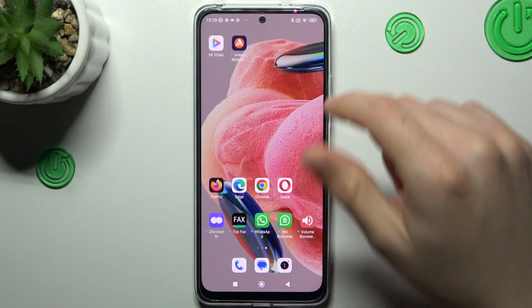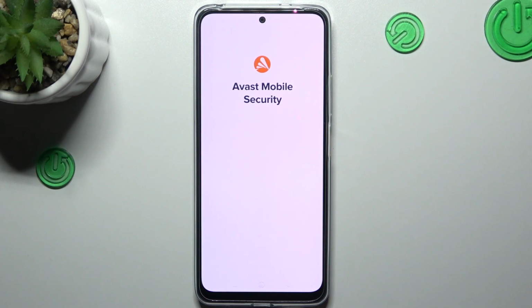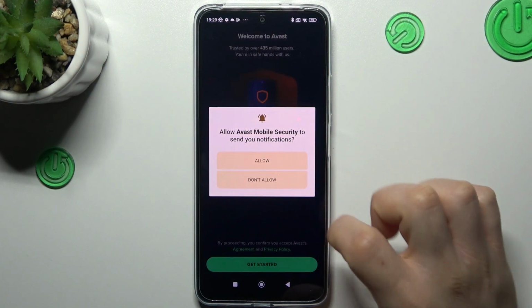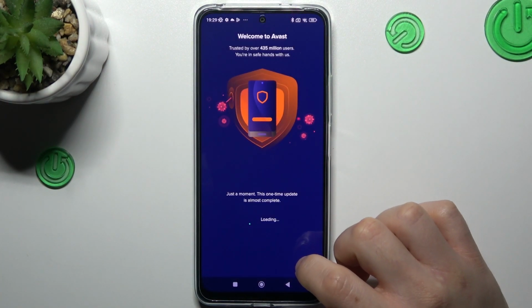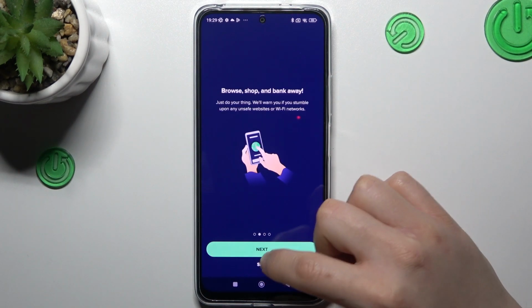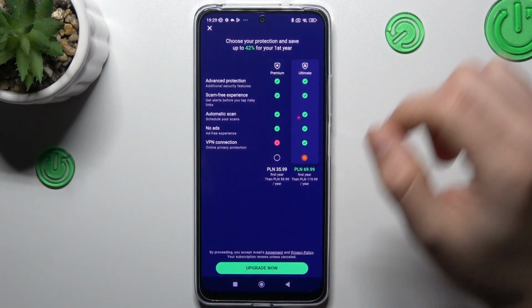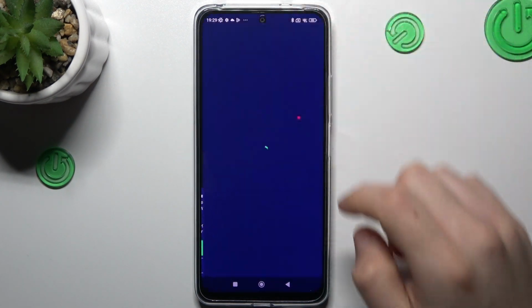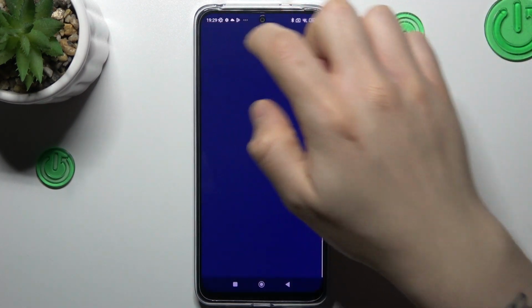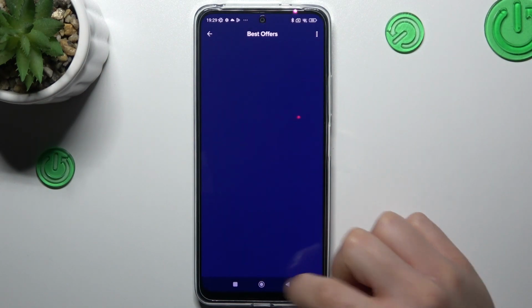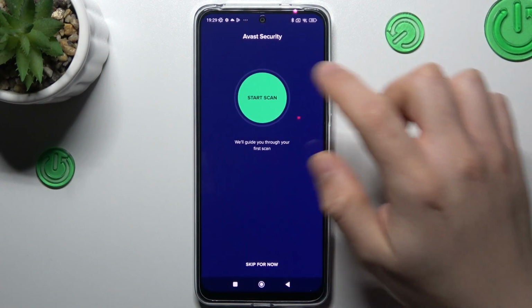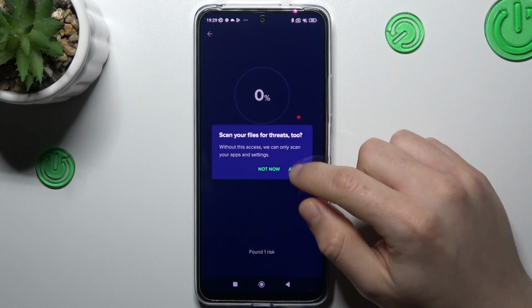But if that way doesn't work for you, you can also try to download an antivirus app. So we have to tap on get started, next and skip. Now close the ads. Then tap on continue for free. Choose start scan, add the permission,